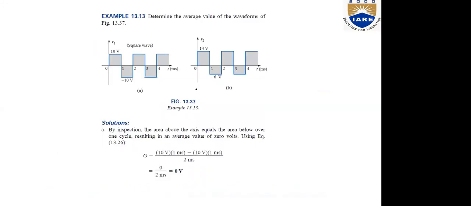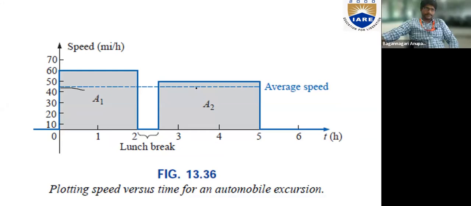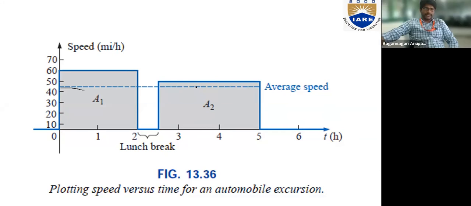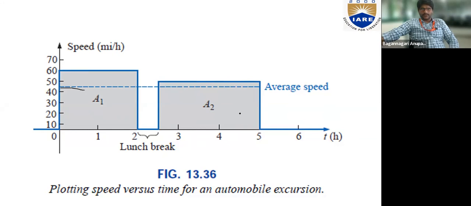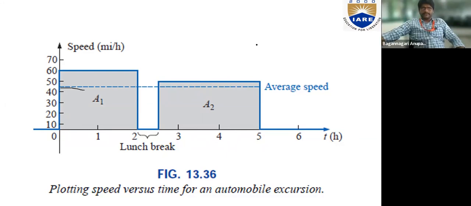See, 60 plus 50, we can take 60 plus 50 as total distance. No, that's miles per hour, right? Okay, sir. So what should be done now? Multiply them, divide by hours, you will get the average. So 60 into 2 plus 2.5 into 50 divided by hours. What is the hours you have? 2 plus 2.5. Okay, understood, sir. Yeah, average speed. You can get the average speed somewhere here.